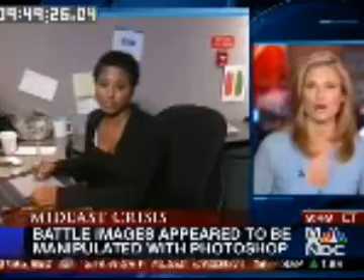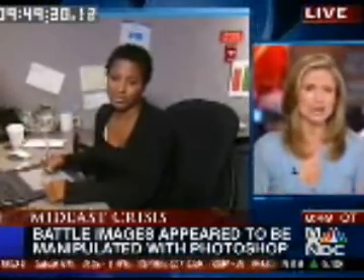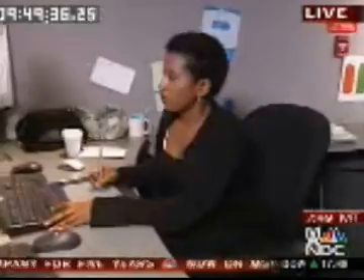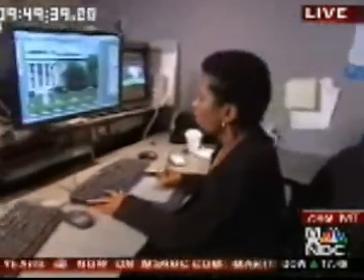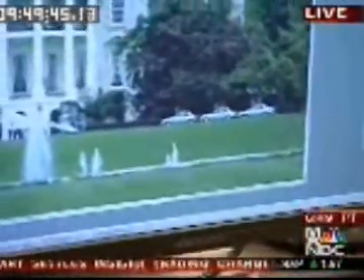We want to get an idea of just how easy it is to do this sort of thing. For that, we turn to Mieka Lewis, one of our graphic artists. And Mieka, show us what you can do. Show us how easy this actually is. Okay, well, what you do usually is just use the clone tool, and you can add more. Like right now, I'm adding more cars to the front of the White House,